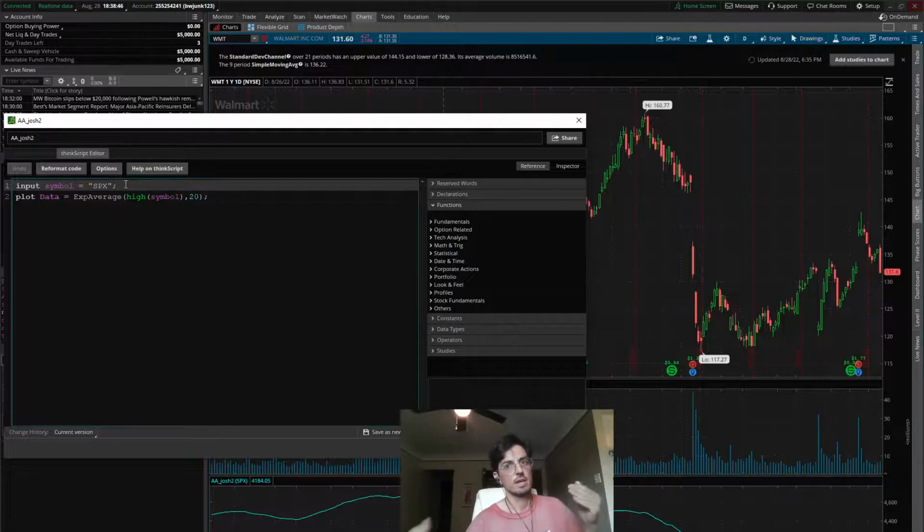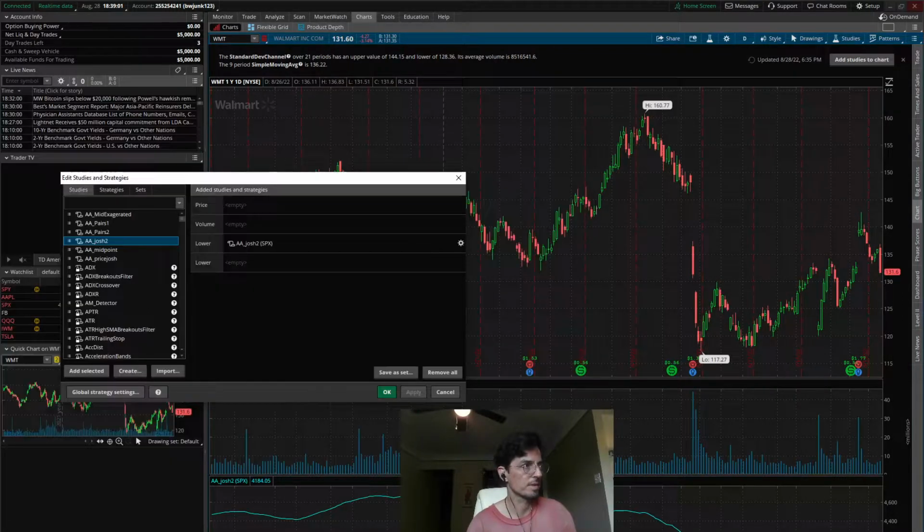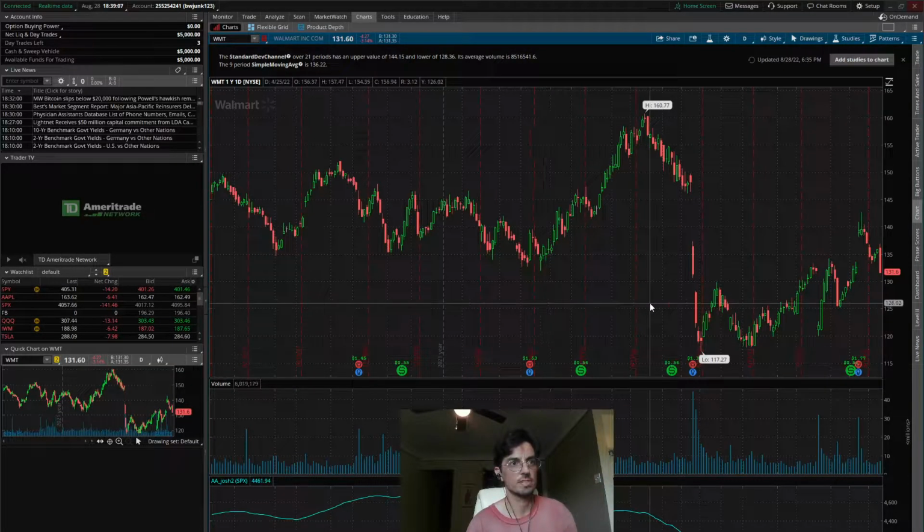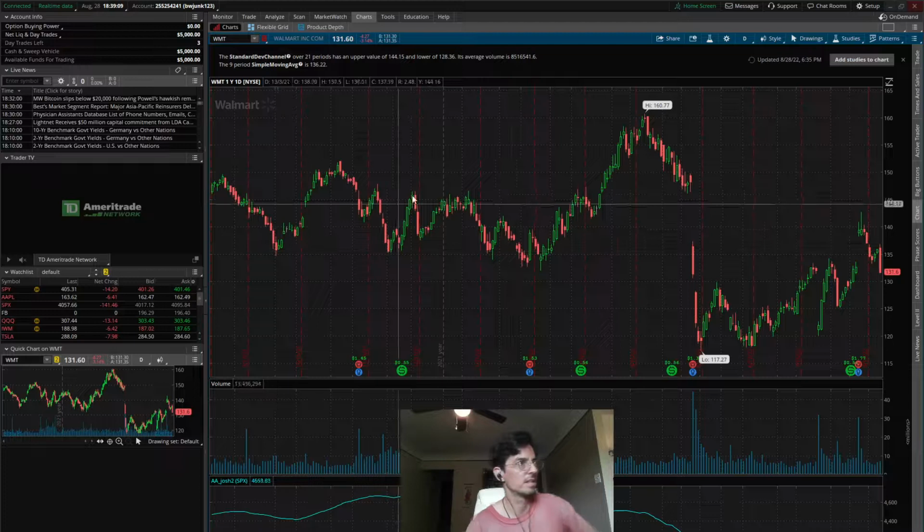And then if it did it for another ticker in the same sector, you know, whatever, you can start to build your own thought process for how you're looking at these things if you're into programming. So that's an introduction to thinkScript from someone who doesn't even know how to use it, which is kind of nice sometimes, I would think.